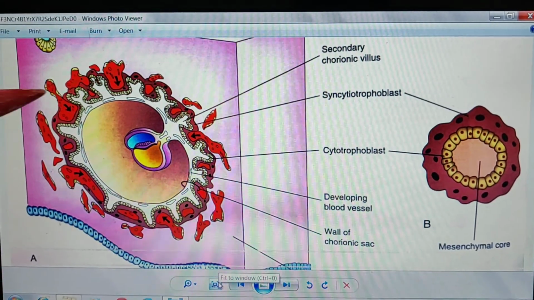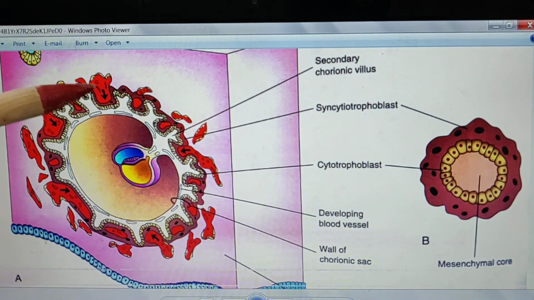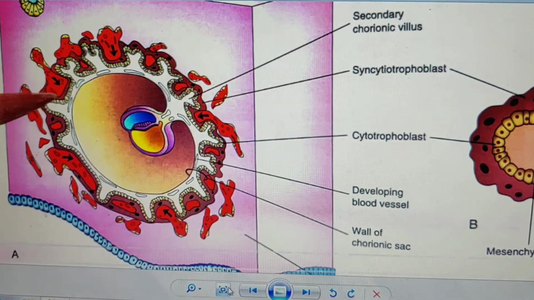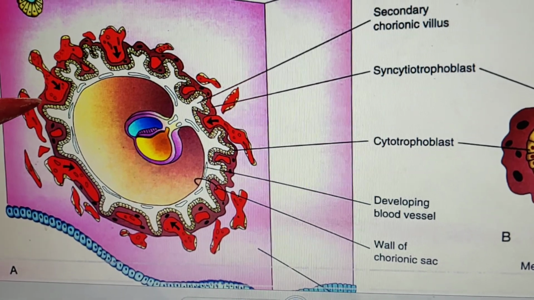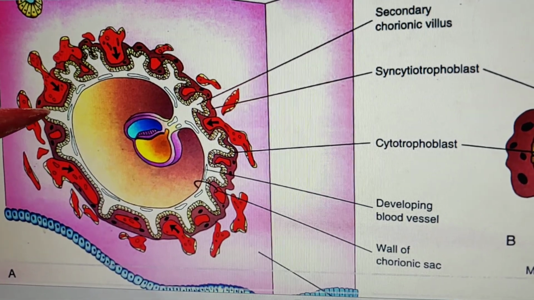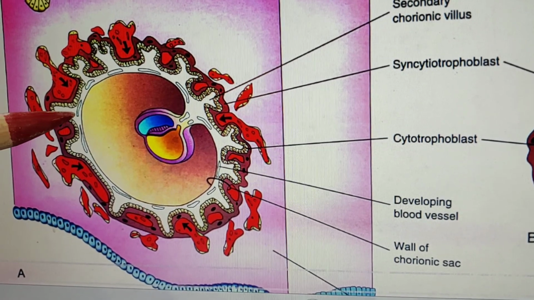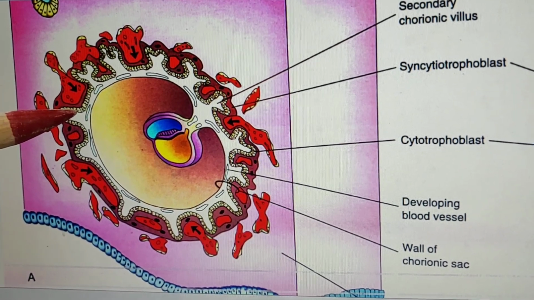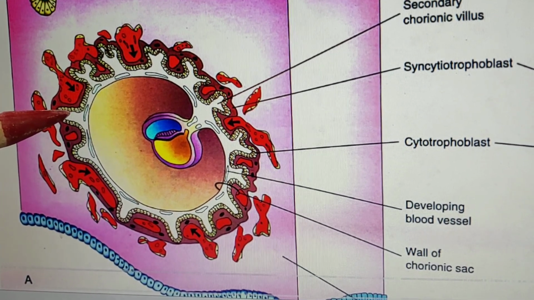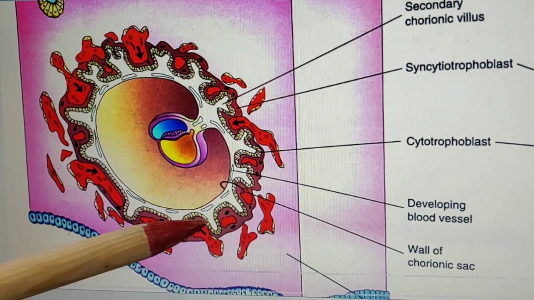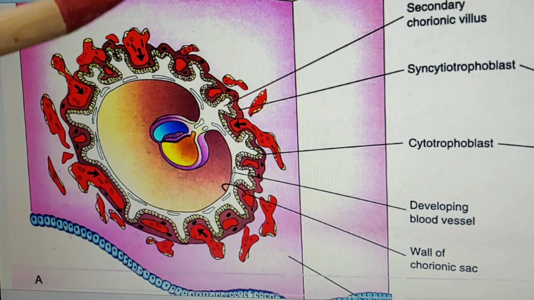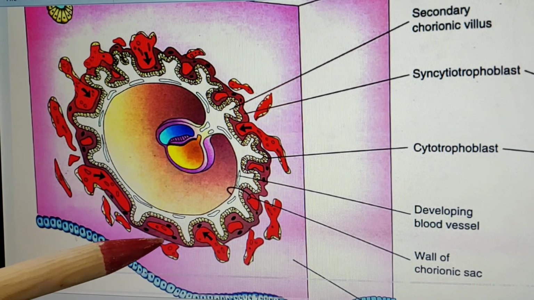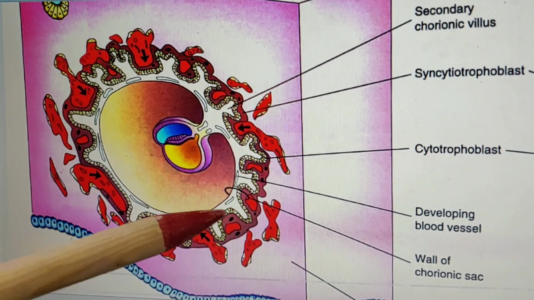Now focus on this diagram. It represents the formation of the secondary villi. Now focus on these foldings. These foldings have 3 layers. Outer syncytotrophoblast, then inner cellular single layer, the cytotrophoblast, and the inner white mass, the extraembryonic mesoderm. It is the secondary villi. There are no vessels anywhere, so it is the secondary villi. Between these projections, these are the intervillous spaces present between the secondary villi.